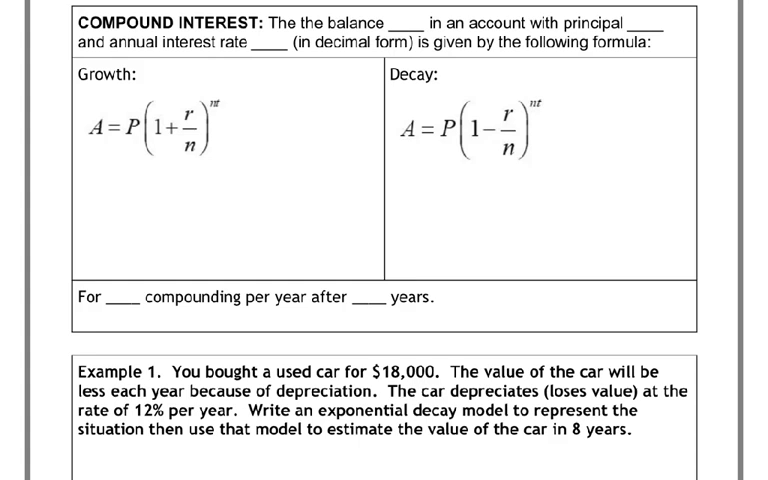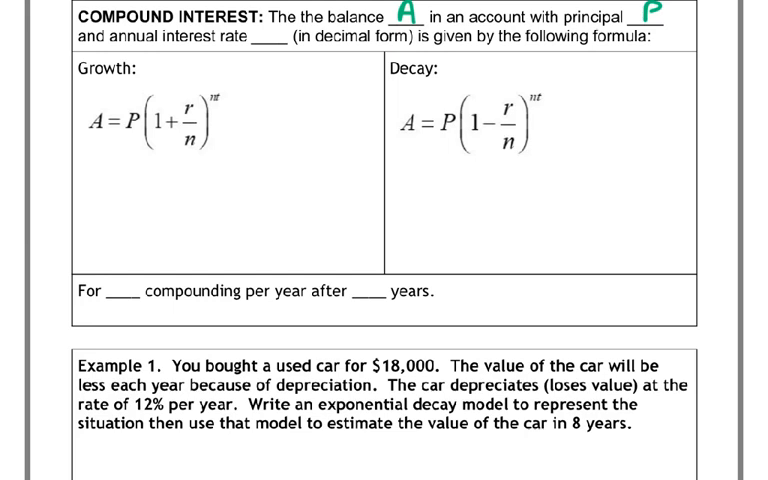This is Notes 3.4, Exponential Growth and Decay, and we're going to see how to solve real-world problems. Now, we have compound interest. The balance in the account is A. Principal is P. The annual interest rate is R, and it has to be in decimal form, and it is given by the formula where the growth formula is